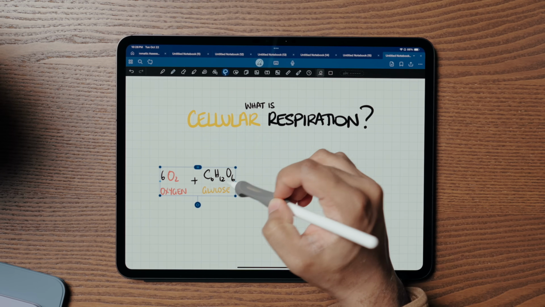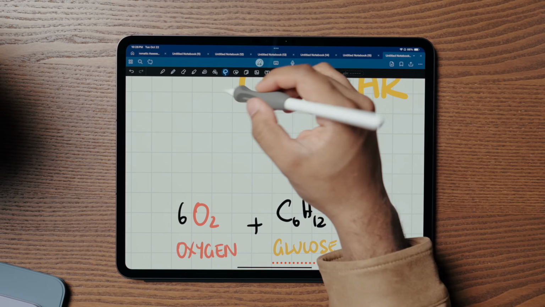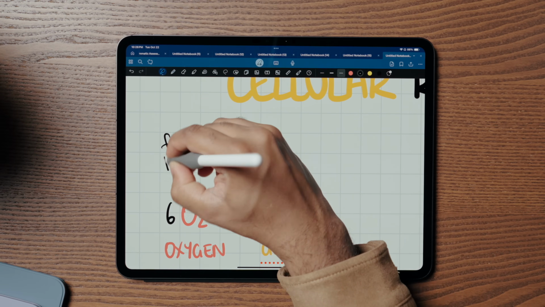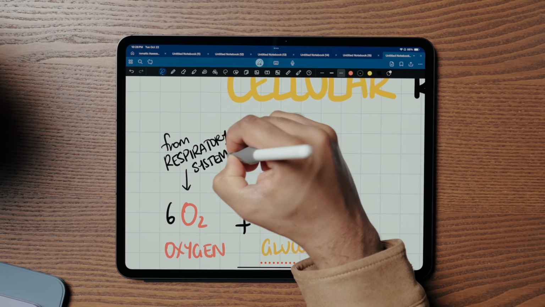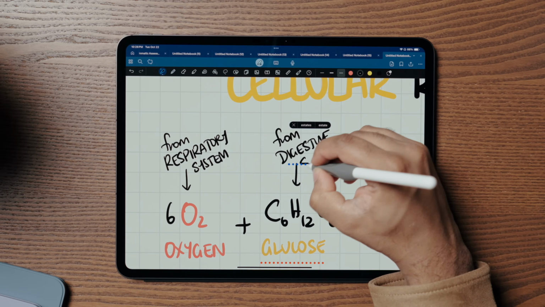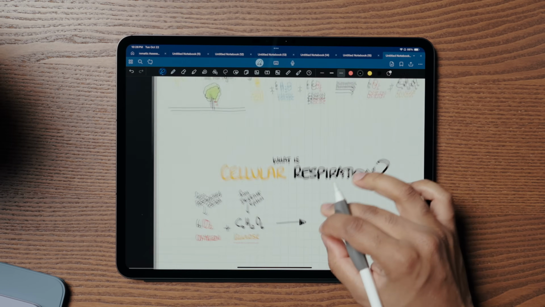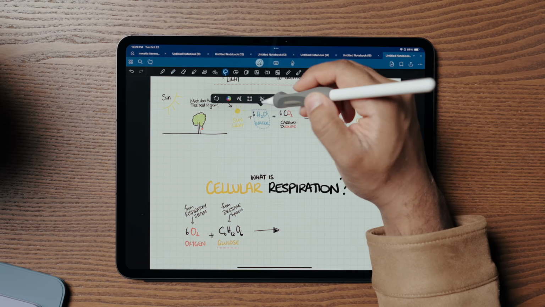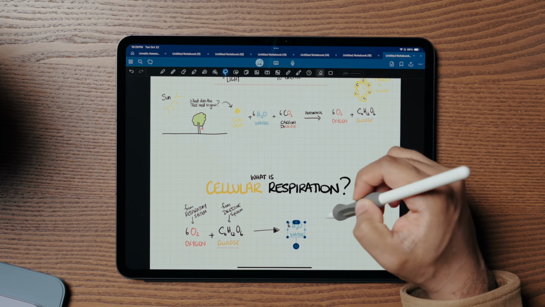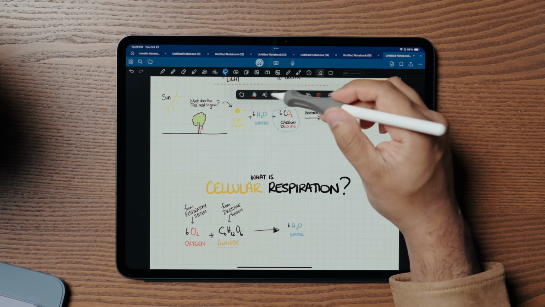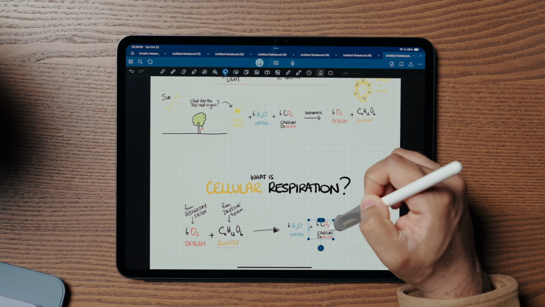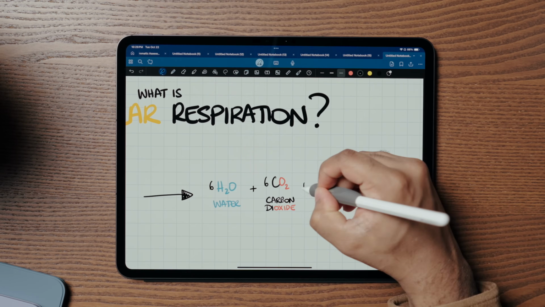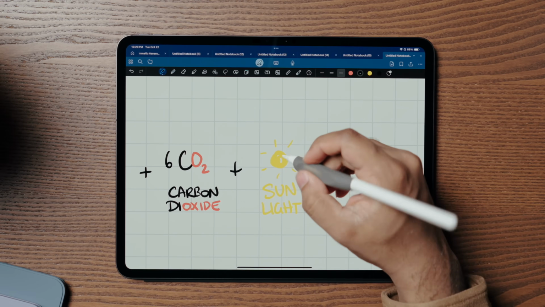And so essentially what we do is we take the two things that plants produce, oxygen and glucose. We breathe oxygen in, we digest our food, and we get glucose into our blood. And we, through this process, produce the very same things that photosynthesis takes in. Water, CO2, which we breathe out, and sunlight, except with a twist, because the energy is no longer in the form